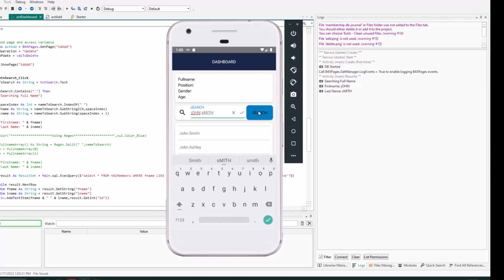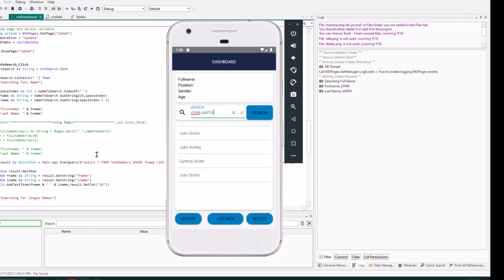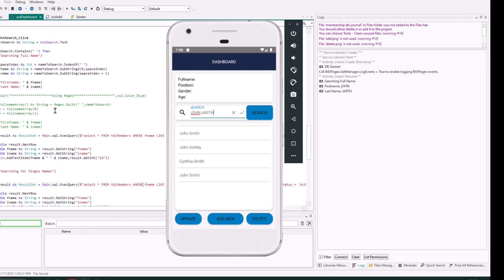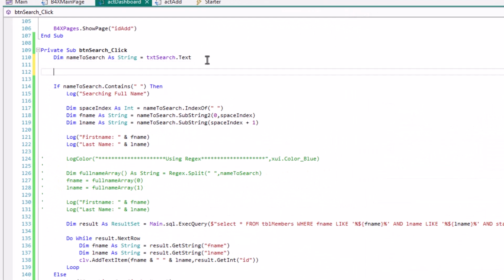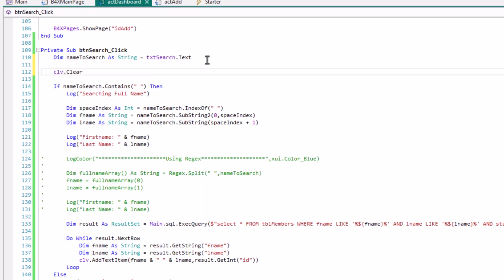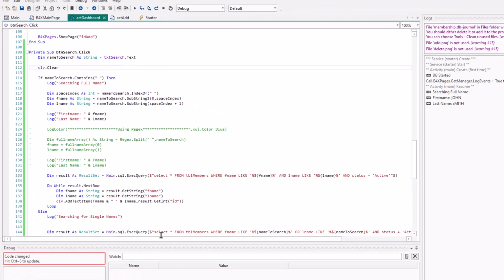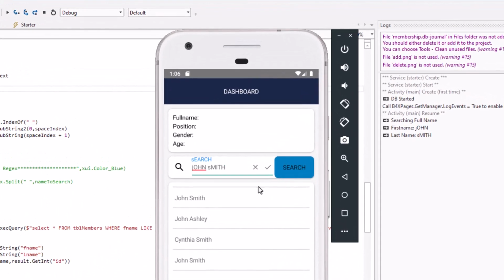Okay, we have John Smith. As you can see, it's added. The list is not cleared. We want to clear the list, so at the button search, we should clear the list, clv.clear. So I will use new list. So let's search again. We have just Smith.